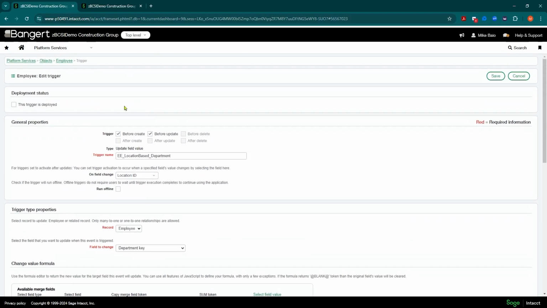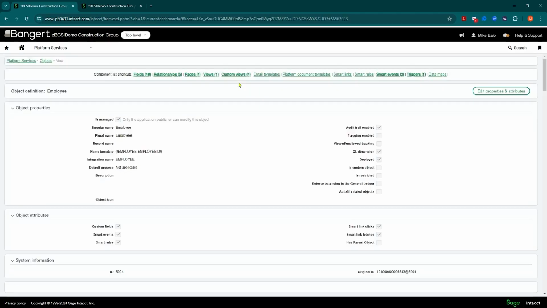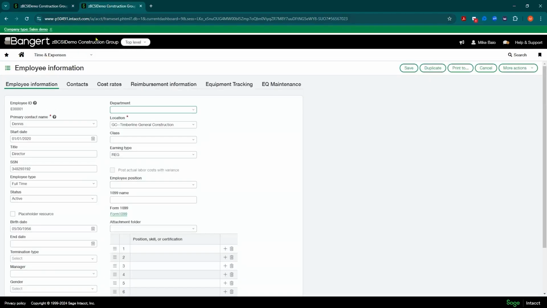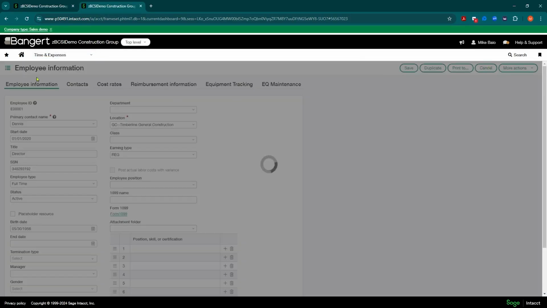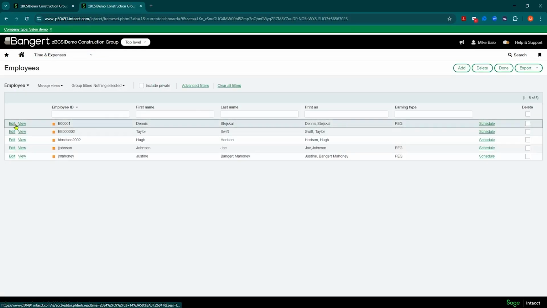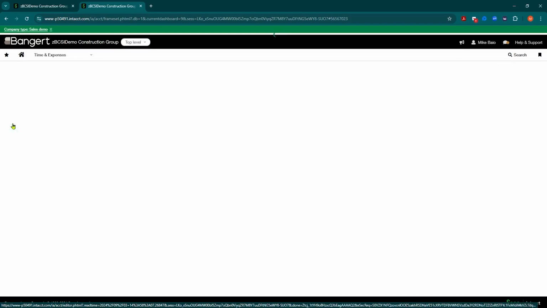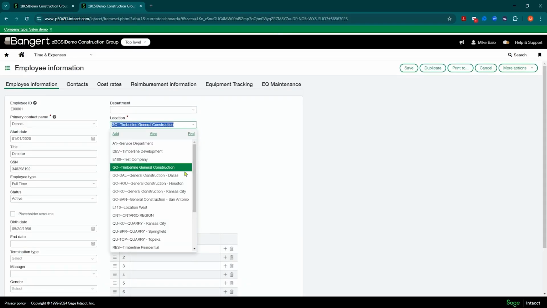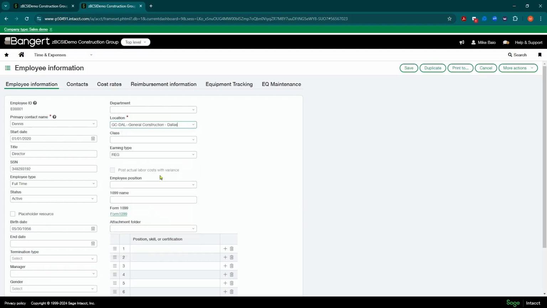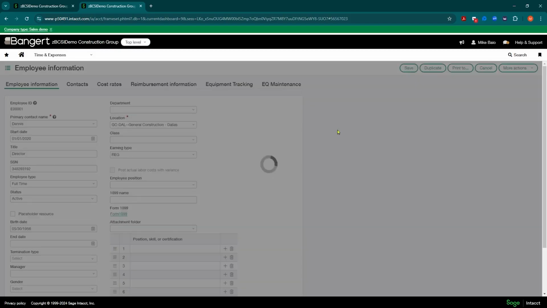At that point, the only thing we really need to do is deploy that trigger. So I'm going to go ahead and do that and save that. And now we have a trigger that's ready to go. You'll see here, for example, I'm going to get out and go back in again. Let's go into Dennis here, and let's give him one of these locations. If you remember, we said if it's Dallas, it's going to be commercial. Otherwise, it's going to be service. So we can do a couple tests here. Let's go Dallas, and we'll click Save.